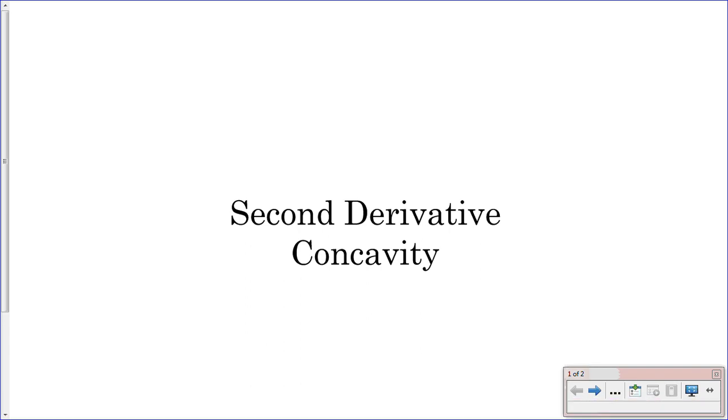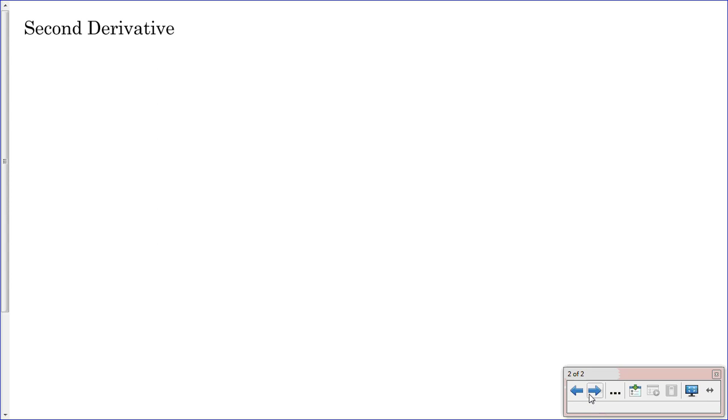All right, second derivative, concavity. All right, so second derivative. Your second derivative in written form looks like f double prime of x equals,